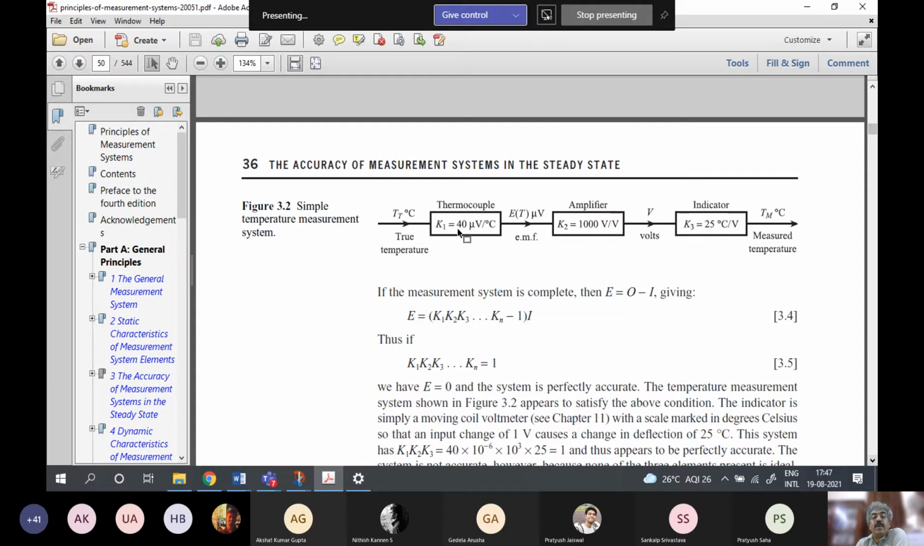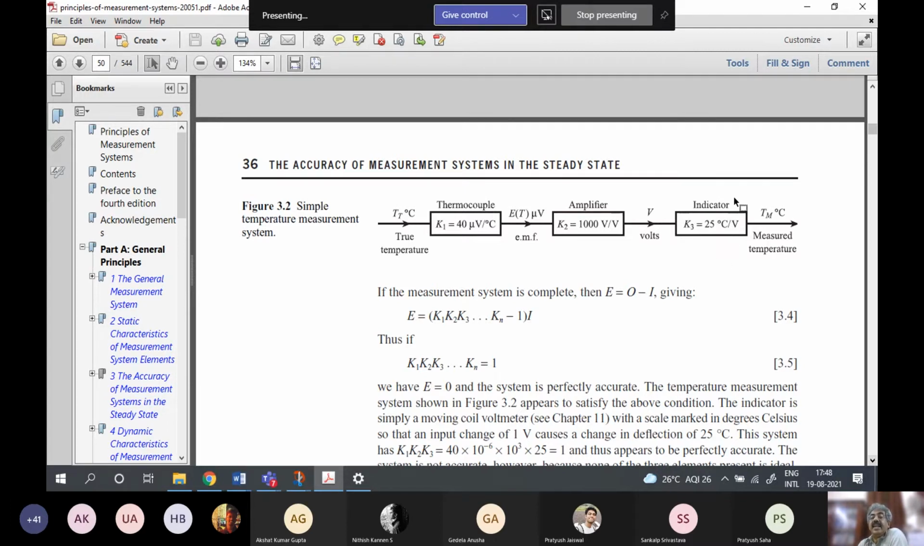This thermocouple has a sensitivity of 40 microvolts per degree centigrade. What does it mean? If the difference between the measuring junction and the reference junction changes by 1 degree centigrade, then the output voltage between the measuring and reference junction changes by 40 microvolts. So you can see it's a very small signal. And then this is multiplied by an amplifier whose gain is 1000. So then it becomes 40 millivolts per degree centigrade. And then